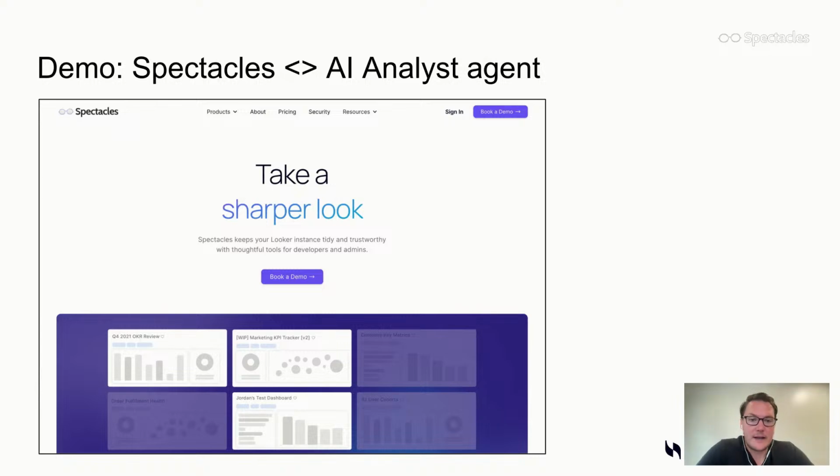So we've actually connected to Spectacles. For anyone who doesn't know, Spectacles, the host of this webinar, is helping customers, Looker customers, and the Looker community really optimize their Looker instances and deployments, CI/CD for developers. So what we have here, and I'll jump into the demo in a second, is